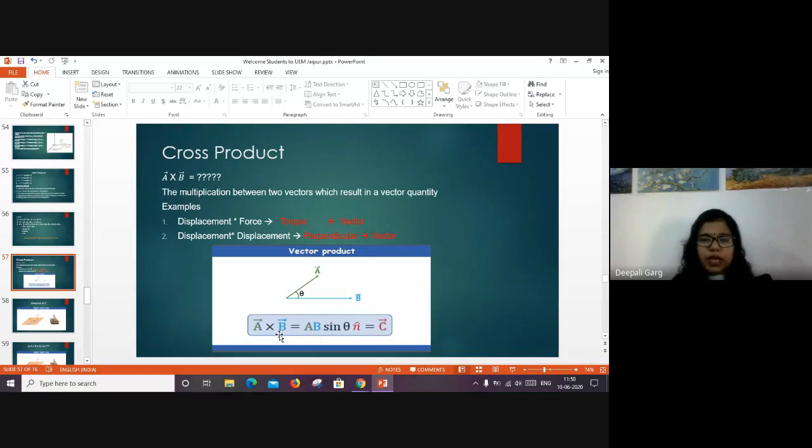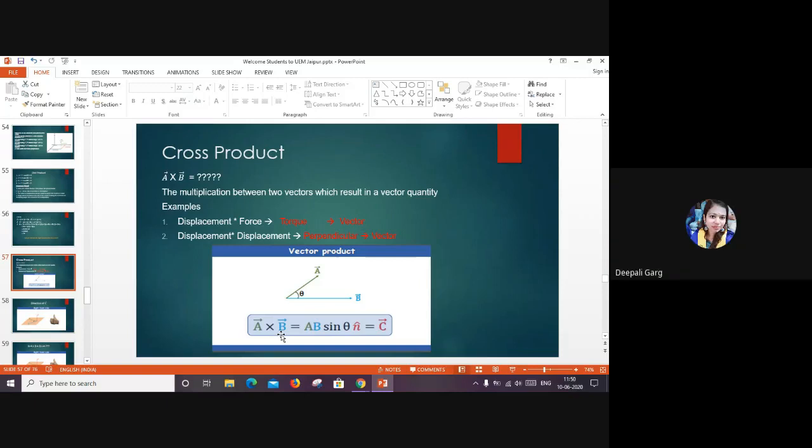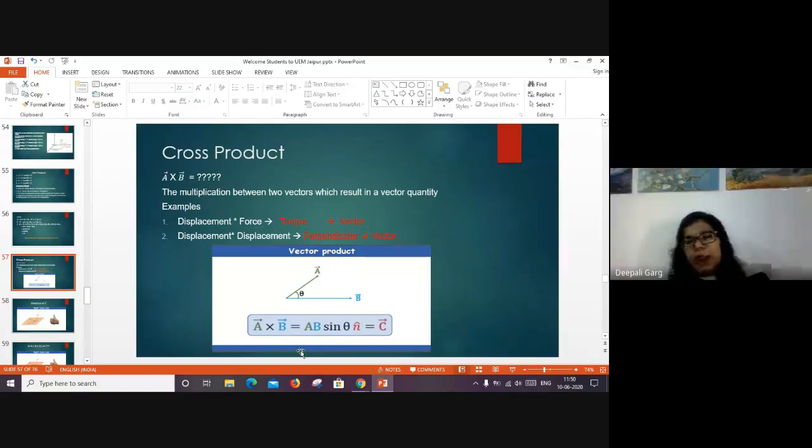So the magnitude of the resultant C vector is given by AB sine theta, and the direction is given by n cap. It is very easy to calculate the magnitude of the C vector, it is simply AB sine theta. So how do we calculate the direction of